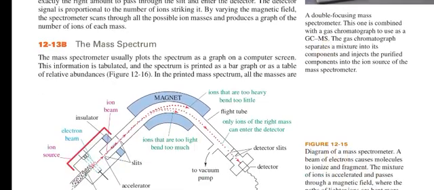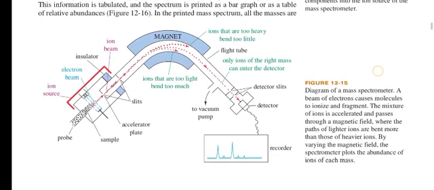The mass spectrum. The mass spectrometer usually plots the spectrum as a graph on a computer screen. This information is tabulated and the spectrum is printed as a bar graph or as a table of relative abundance. Figure 12-16 is the printed mass spectrum. All the masses are